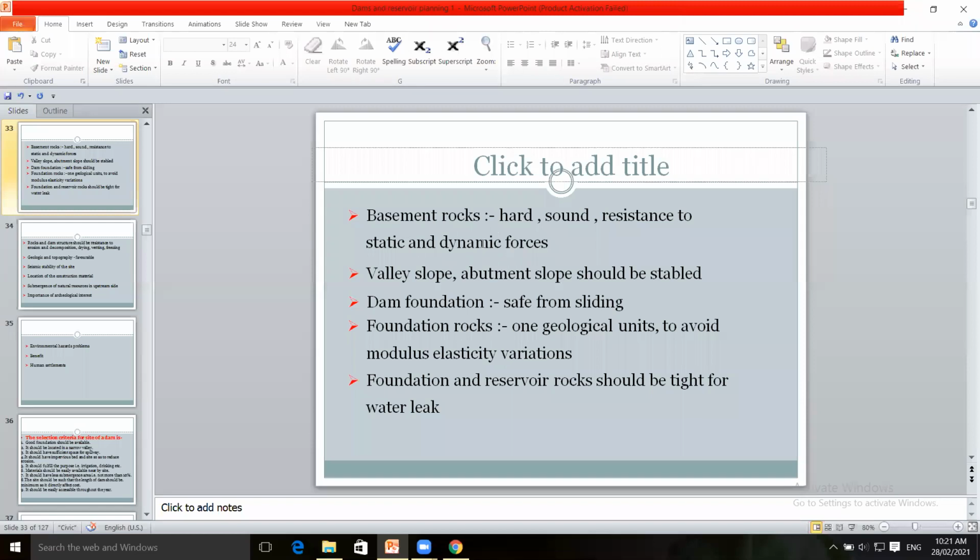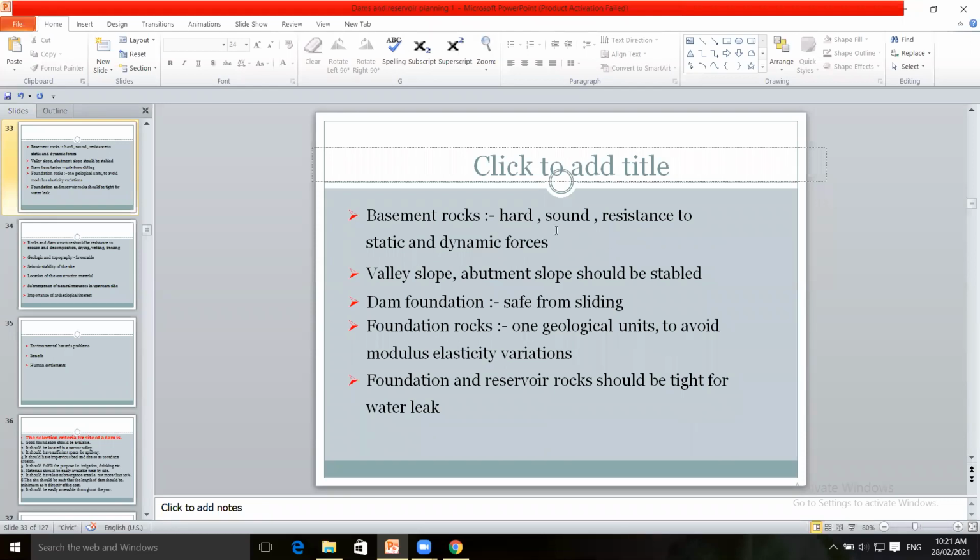For strong foundation the gravity dams are selected; for weak foundation, earthen dams are selected. So an earthen dam is selected if natural materials like clay, silt, soil, gravel are available in plenty, enormous. In that case, an earthen dam is selected.